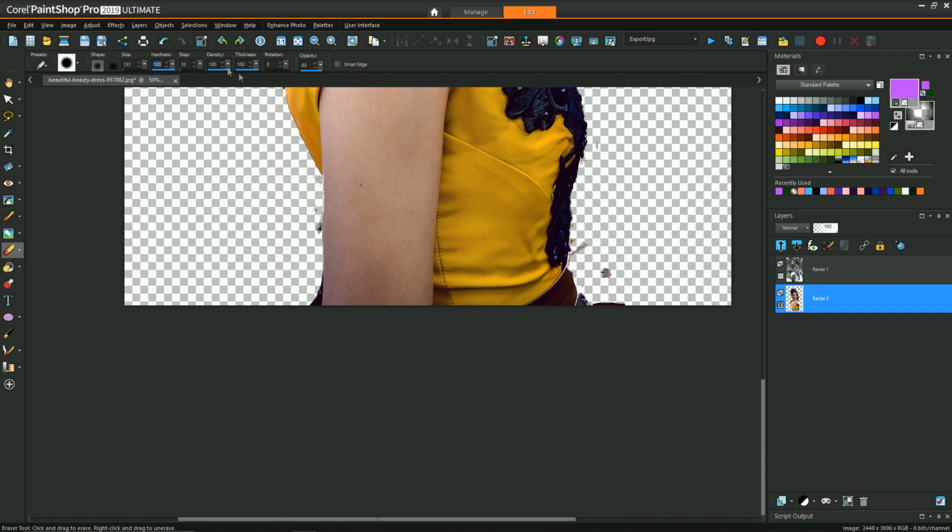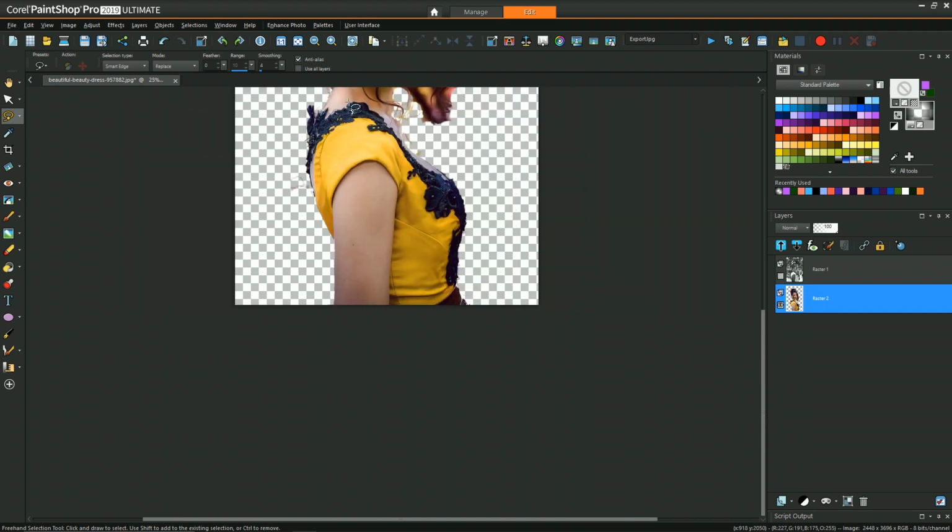So at certain points, just for cleanup purposes, I'll switch to the regular eraser. And this is just to get some of the floating regions that really weren't handled well by the background eraser. So now coming back to the side where her arm was and the background eraser wasn't doing such a good job, I'm switching to freehand and using Smart Edge. And so in this way, I can have the Smart Edge just detect exactly where her arm is and then just cut a small region out and delete. And now we have a nice clean cut where her arm is on that side.